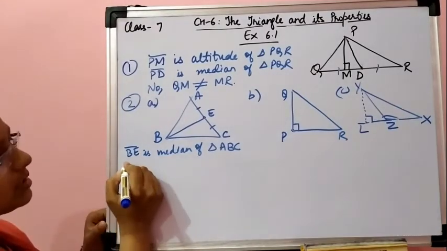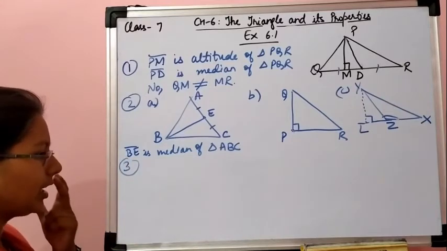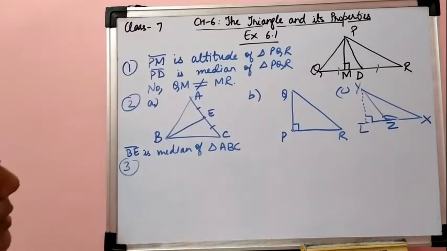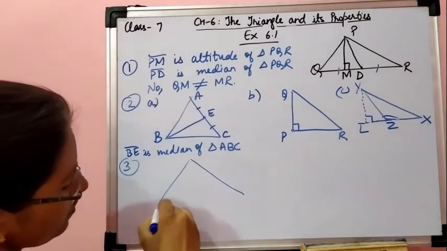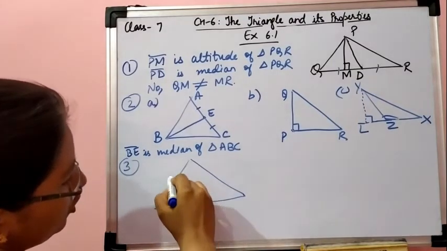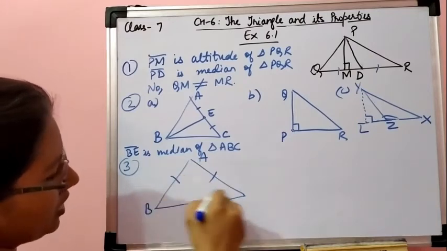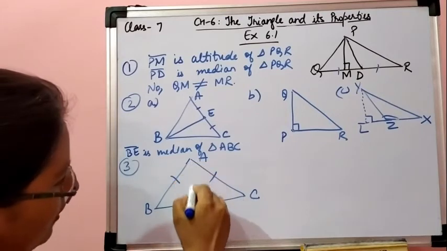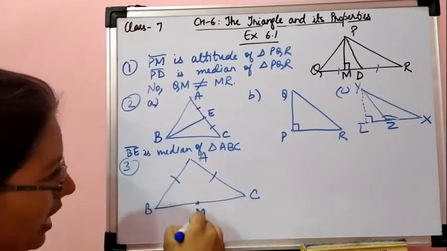Now similarly discussing question 3, that verify by drawing a diagram if the median and altitude of an isosceles triangle can be seen. Isosceles triangle की बात हो रही है. Means two sides are equal. Now in this isosceles triangle, let's draw the median first. If I will draw the median, I will take one midpoint of BC. From A I am drawing the median.